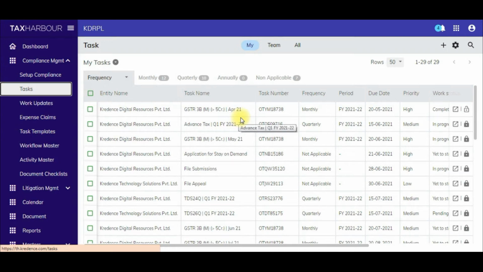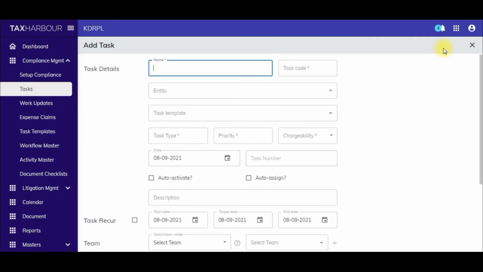Tasks are basically the actionables that the team needs to take care of, right? So GSTR 3B for the month of May 21. These actually need not be added, it will automatically get created, but I'll just give you a view on how we have configured these tasks with all the process workflows and activities that need to be carried out, and what are the documentations that will be required.